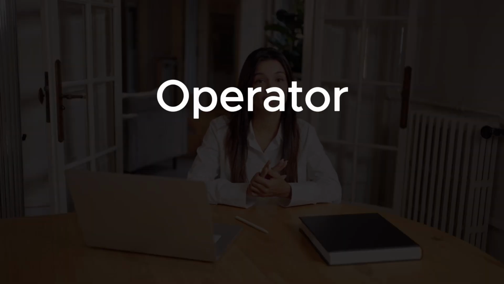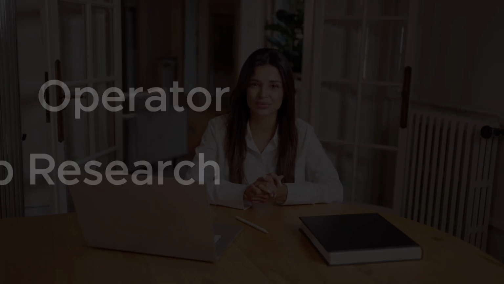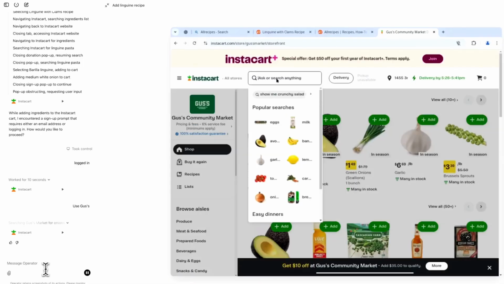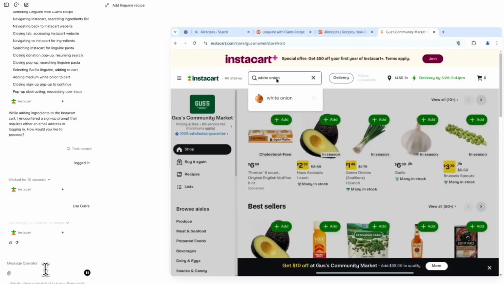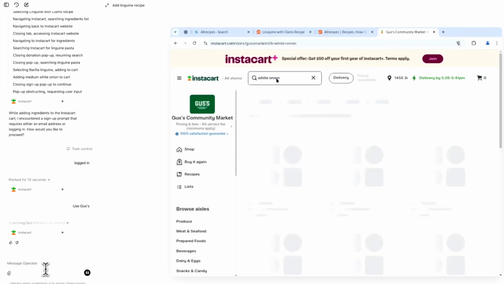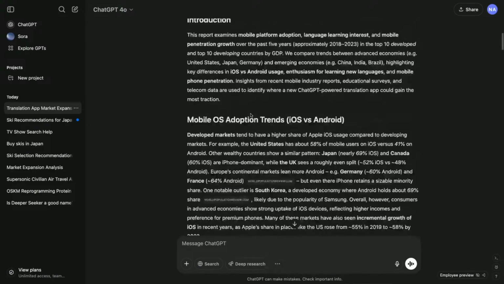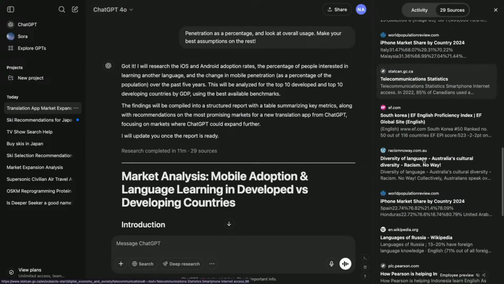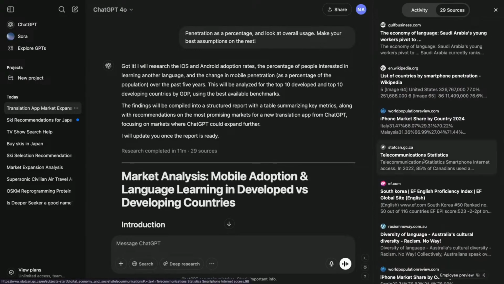Actually, Agent Mode is built on top of 2 features that ChatGPT released earlier in 2025, Operator in January and Deep Research in February. Operator could automatically control the browser, things like typing, clicking, and filling out forms, basically handling simple automation. Deep Research, on the other hand, focused on doing in-depth information gathering, pulling in references, and generating long